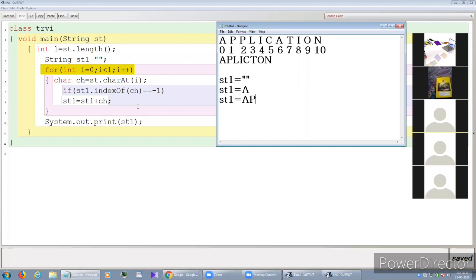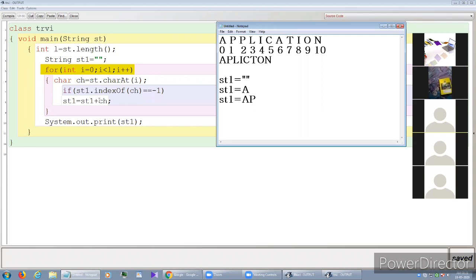Like this, the value of I became 3. In 3 index we have L. So again now in st1 we have AP. L does not belong to this st1, so the condition is satisfied.